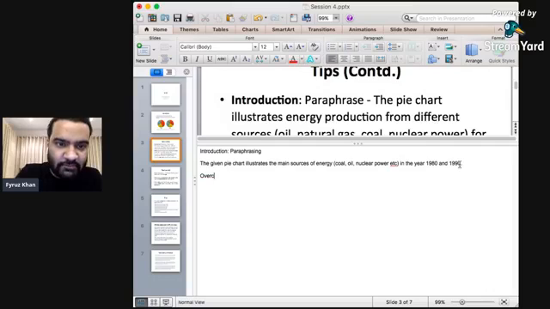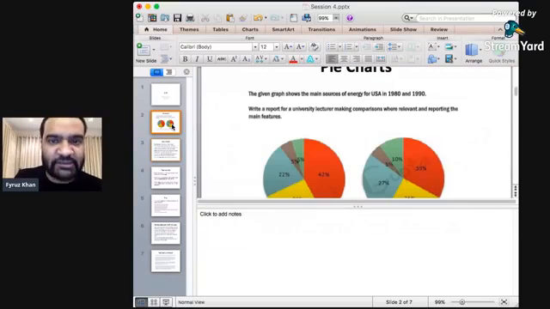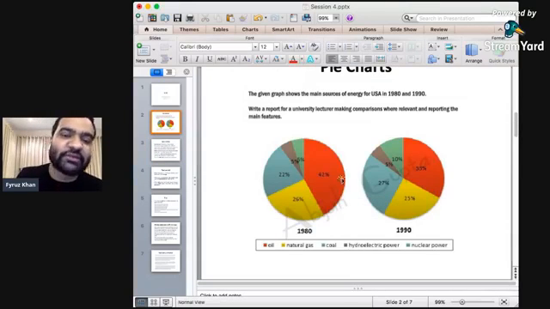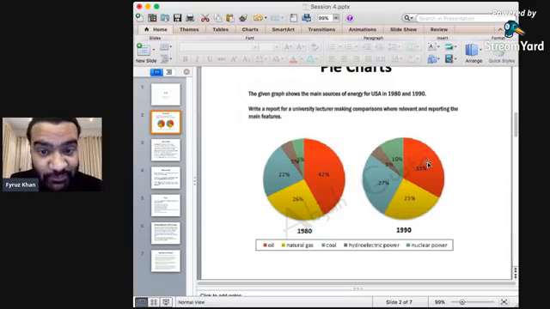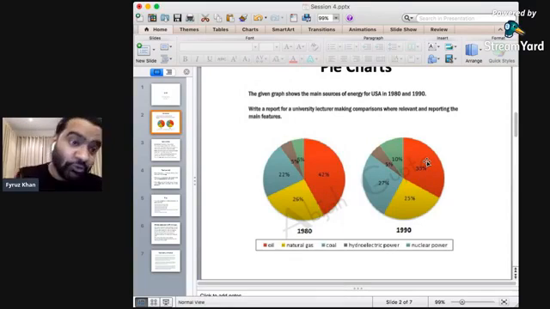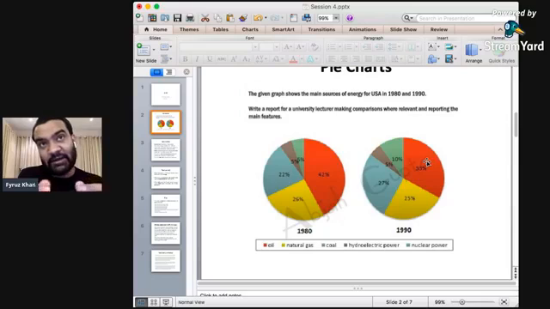Okay, there we go. Overview means you have to summarize. Okay, so let's go into the pie chart. Summarize means don't go into the details, don't go into the numbers. You can talk about, for example, this significant difference. So in 1980, the use of oil was a lot, 42%. Then it reduced to 33% in 1990. Don't talk about the percentage, but you can say that the consumption has reduced from 1980 to 1990, but still